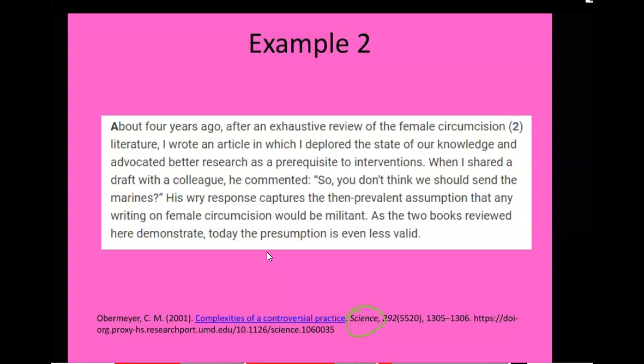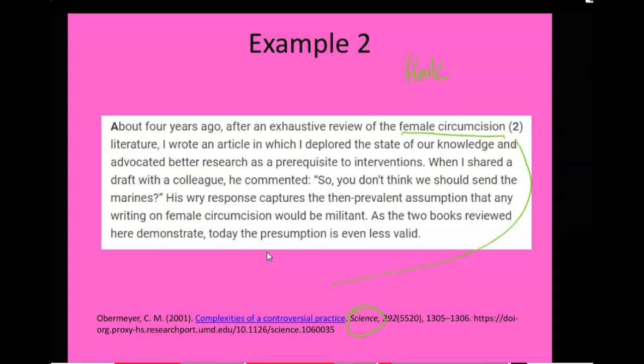There are 3 introductory paragraphs, then a whole bunch of middle text, and then one conclusion. So I'm going to show you the first 3 from the intro, a few from the main text, but not all of them, and the conclusion paragraph. So this one here, I really like the personal tone. It's a great hook. So about 4 years ago, after an exhaustive review of the female circumcision literature,